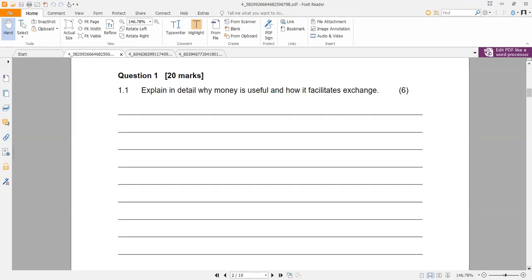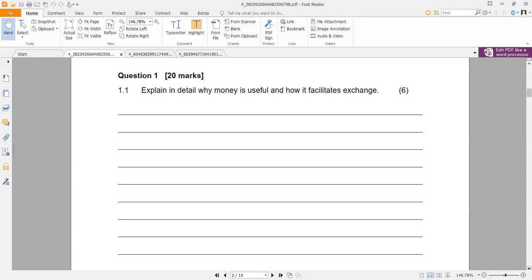So the question requires you just to explain those three functions of money that we explained initially. And then the other question was, how does it facilitate exchange? Someone to answer? Could I say possibly because it acts as a medium of exchange? Exactly. This means that it can be used for making payments and thus ensuring that you receive goods and services in return.